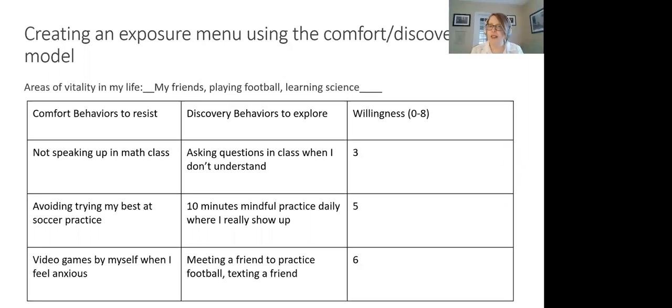And we look at willingness, and we can start with that, right? So if it's low willingness, I wouldn't start with math. I might go to meet a friend when I feel anxious. And then I might play real hard for 10 minutes and we'll see how that goes. And so what you're doing is you're really shaping approach behaviors in meaningful, valued areas of life, which hopefully are going to be really reinforcing for that person. And again, you can use this with kids, teens, adults.